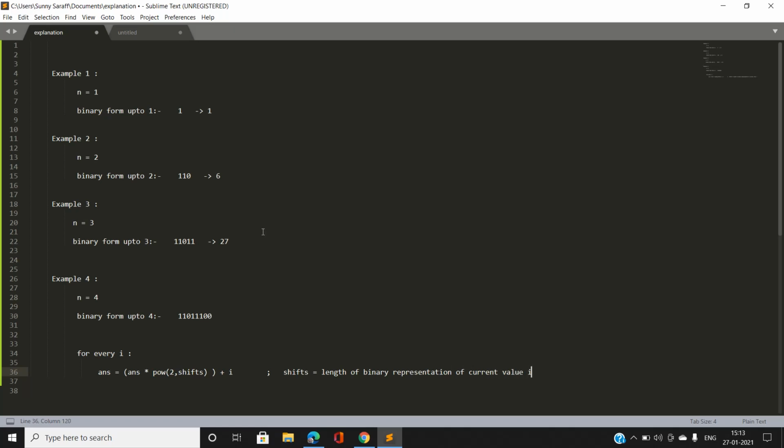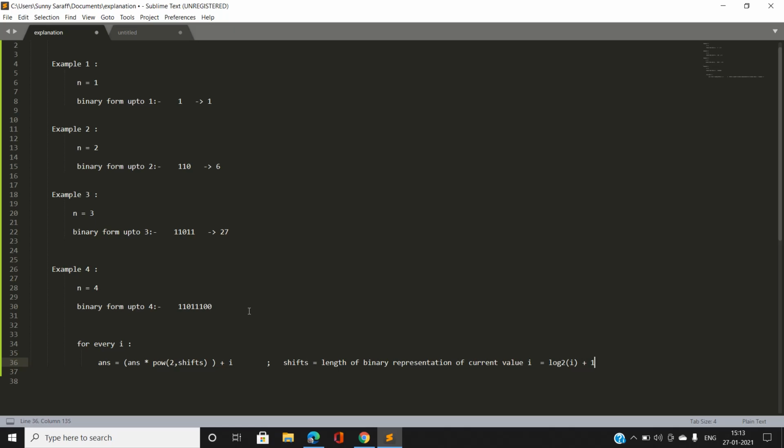So how we are going to calculate the shift value is by using log base 2 of i plus 1. Okay, so we are observing that here we have the value 27 stored in answer.